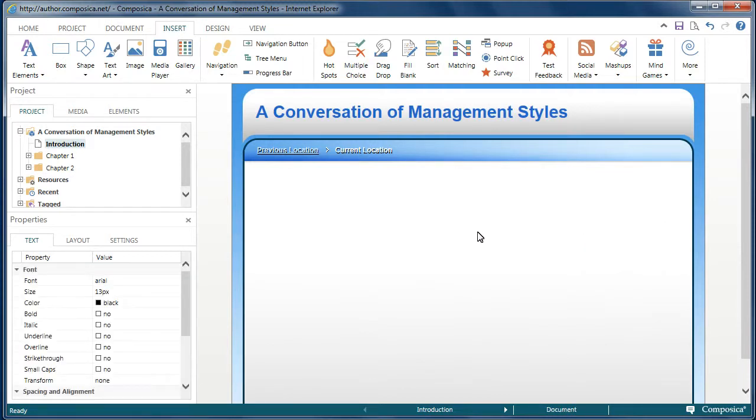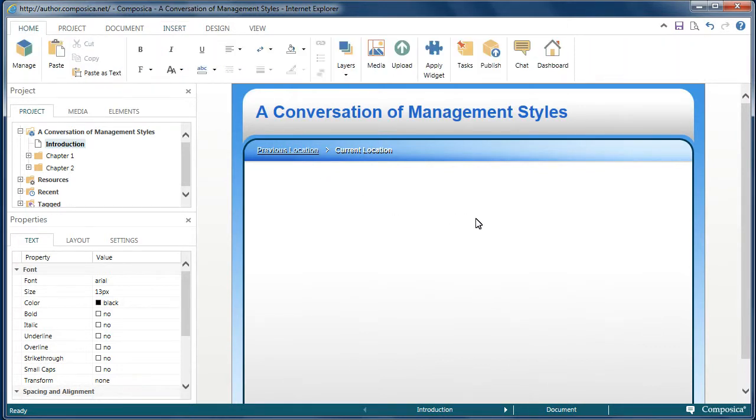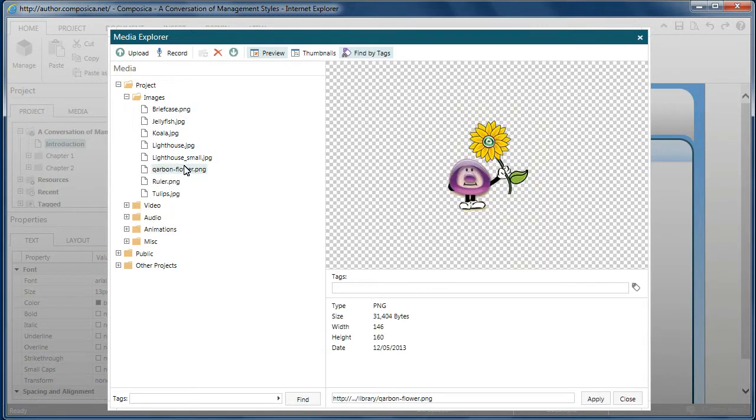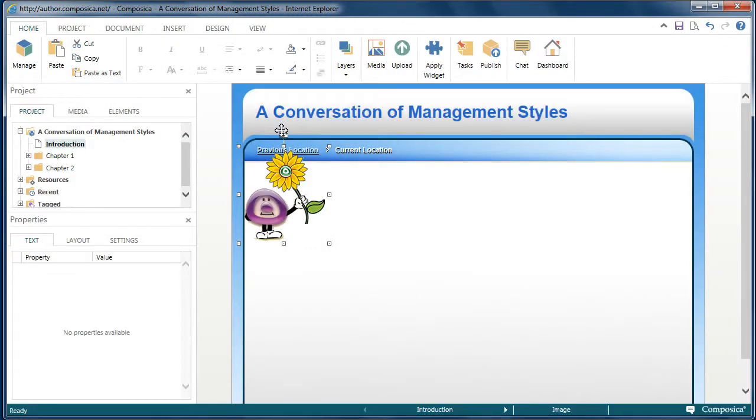And then finally, there may be a time where you just want to work along the home ribbon and look in the Media Explorer itself and see what you have access to. So you can go directly from your document page by clicking the media icon, and then again you have access to all of your media resource files right here. So for example, we'll choose this one and we'll apply it,